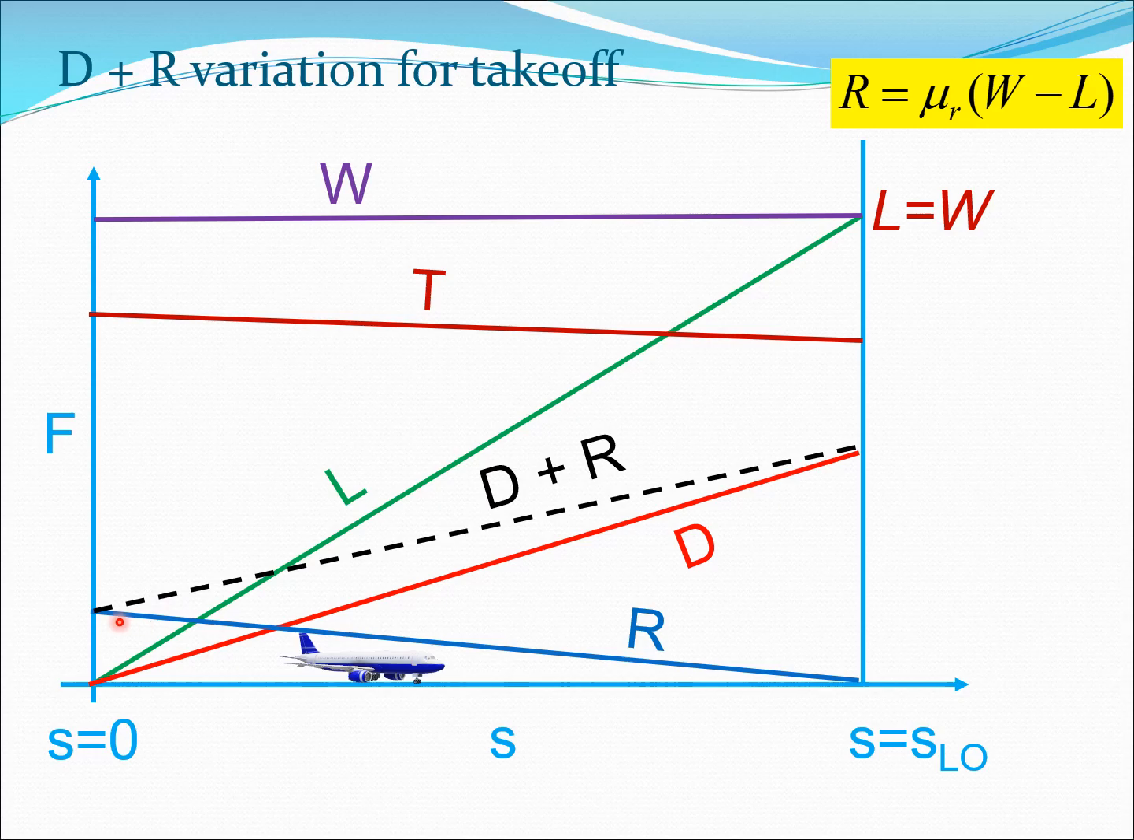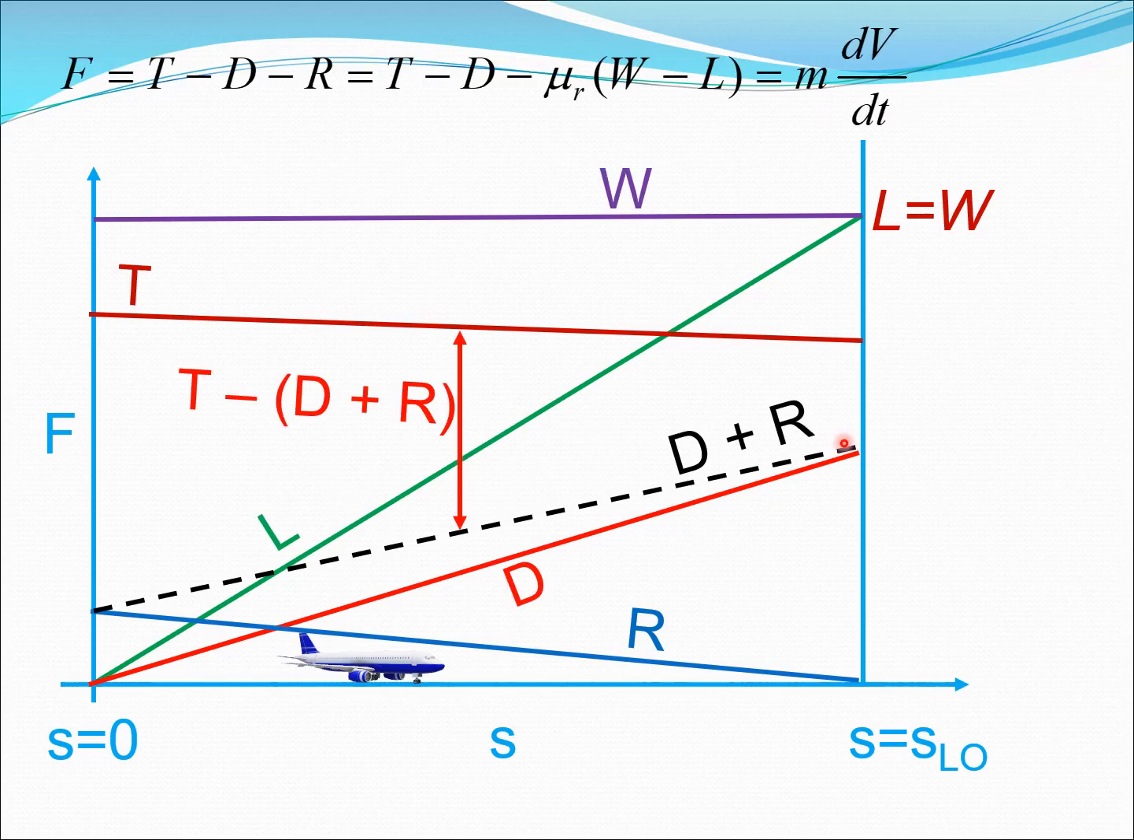So you can clearly see here drag is coming from 0, and here R was this value here. So D plus R starts from this point, and at the end again R becomes 0 and there's only drag. So this dotted black line, this is the D plus R force. And now what we do is we look at the thrust value here, and we can now go back to